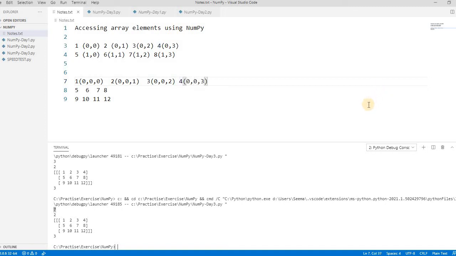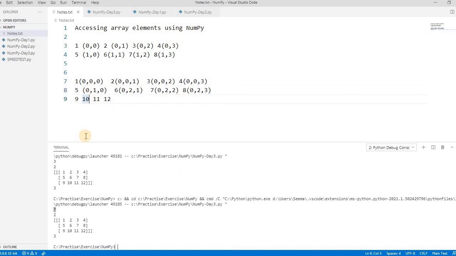Now if you consider the 5, it becomes 0, 1, 0. Why? Because the z index is still 0. We are defining a three-dimensional array, but the z index is still 0. In the same way, it becomes 0, 1, 1, and then 0, 1, 2, and 0, 1, 3, right?